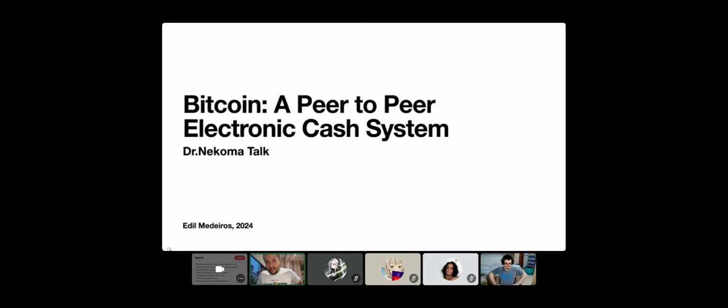Okay, guys, this is Bitcoin, a peer-to-peer electronic cash system. This is also the title of the white paper written by someone that we don't know who it actually is, who presented himself as Satoshi Nakamoto, that first described the system. The current Bitcoin protocol has evolved and has some features that Satoshi did not envision, but I will try to